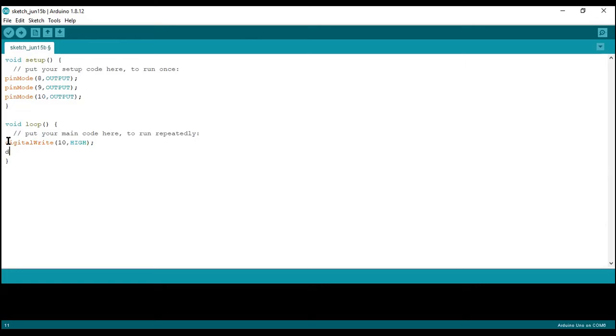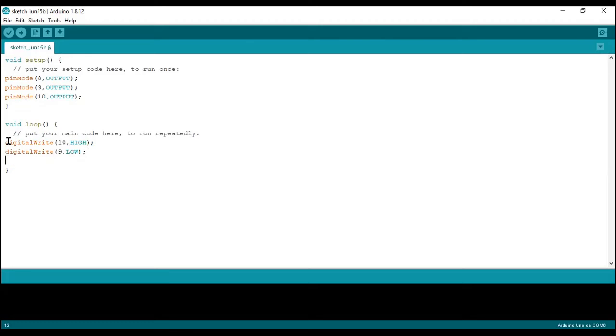Now write digitalWrite, open bracket, 9, LOW, bracket close, semicolon. This function serves low voltage to pin number 9.